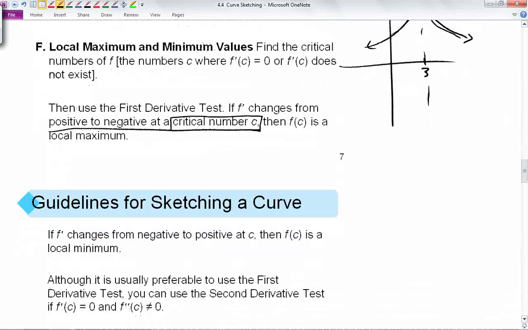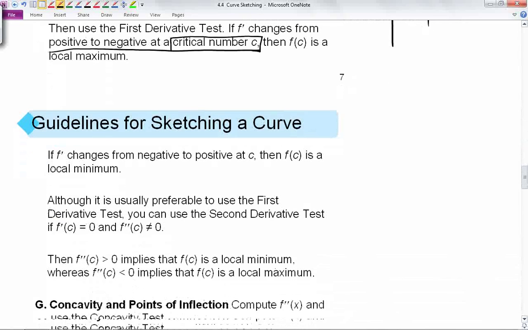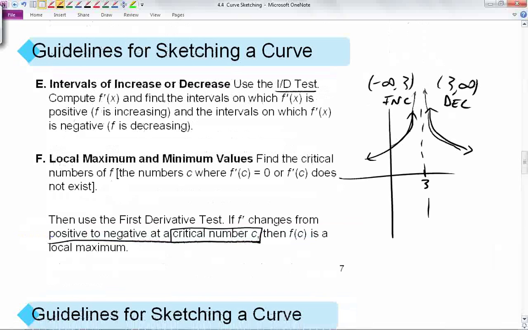Even if we change from positive to negative, we may not have a local maximum, because if that number is a place the original function is not defined, like if it's a vertical asymptote, we will not have a local maximum. Okay. We can also use the second derivative test if we choose, but since we're already having to find intervals of increasing and decreasing,